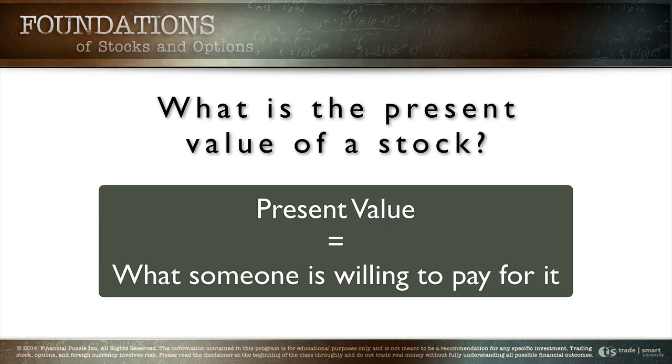And yet, if you work in real estate, or if you've ever bought houses or sold houses, you understand that the value of that house may appraise for one value. It may be estimated at one value on Zillow, but you're only going to get the amount of money that someone's willing to pay for that house.